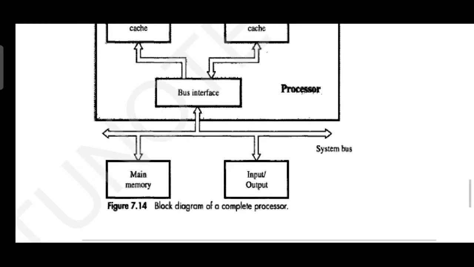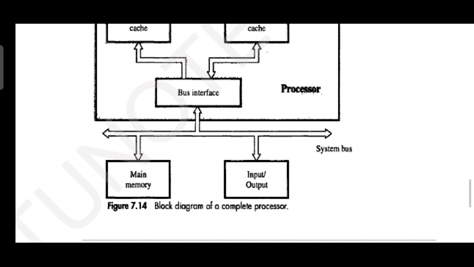Just recall, we have a main memory, a processor as well as input output devices. So single bus architecture is the one that connects all the peripherals like memory, processor as well as the input output devices. You can see the main memory and input output devices as a box. Then we have a single bus, right? This bus also connects to the processor, but we are studying in detail about the processor.